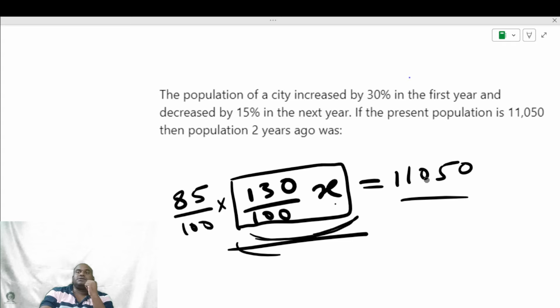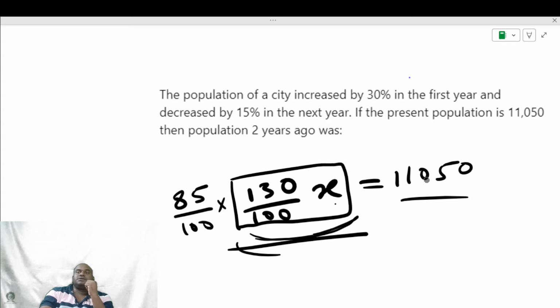These are 13, 30. So it's equal to 10,000. It means 2 years ago his population was 10,000. After that 13% it is increased. 30% means 10% is 1,000. So it became